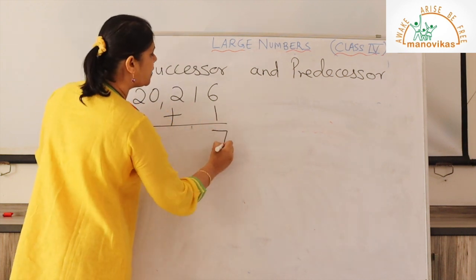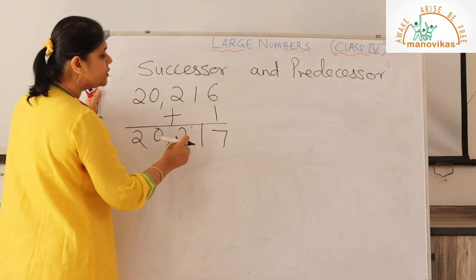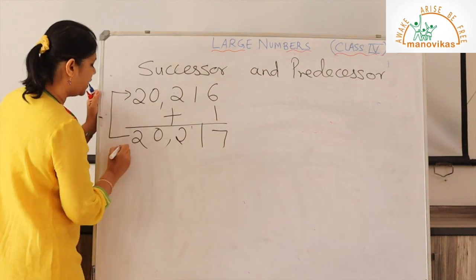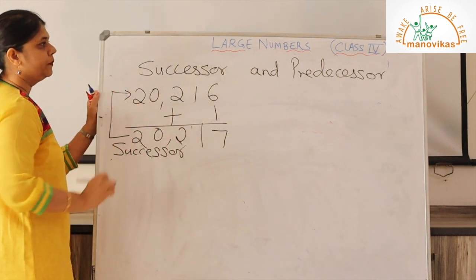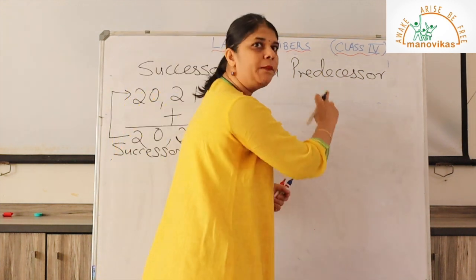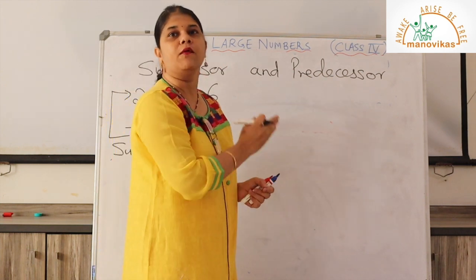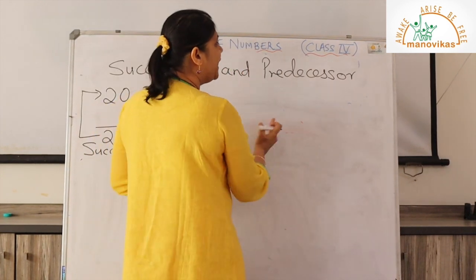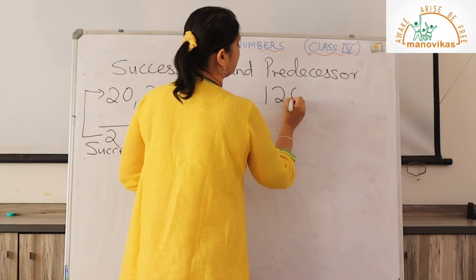So what is the answer? So 20,217 is the successor of this given number. Now coming to the predecessor. What do you mean by a predecessor? Predecessor of a number is the number which comes just before the number. Okay, so to find the predecessor, what we do is, suppose you have a number,